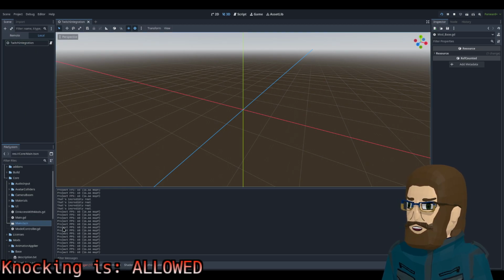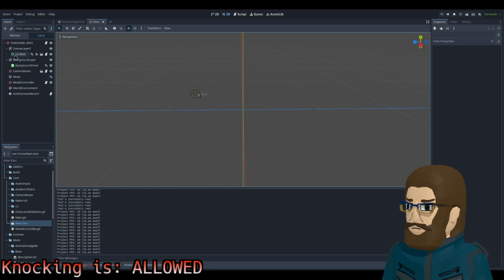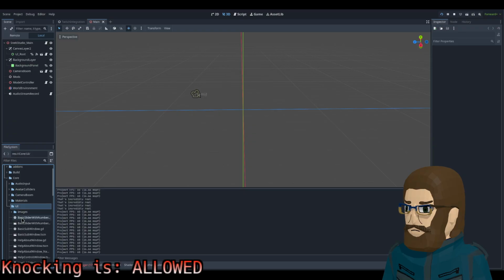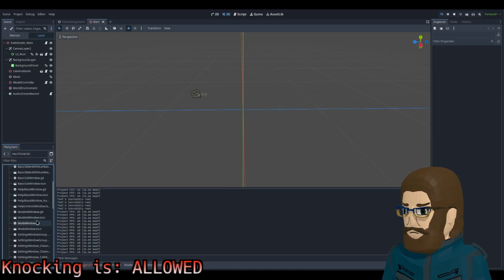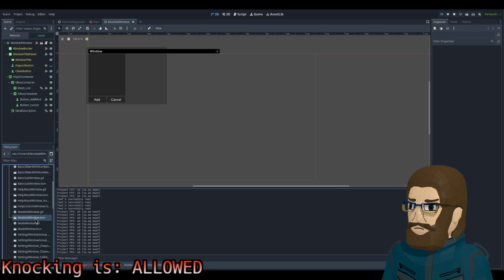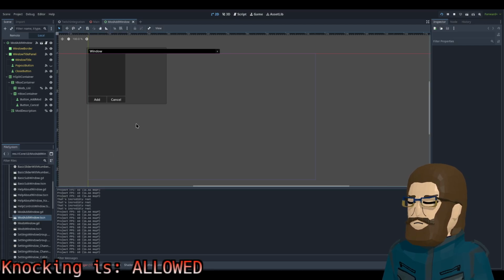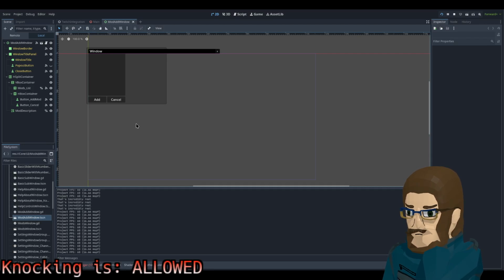The scene is, I had to double click. Okay. Oh, wait. Mod add window. Okay. I'm pondering.